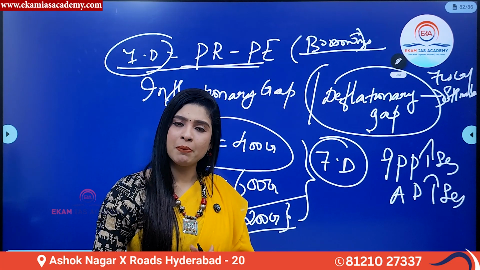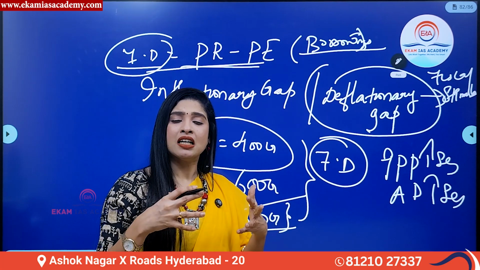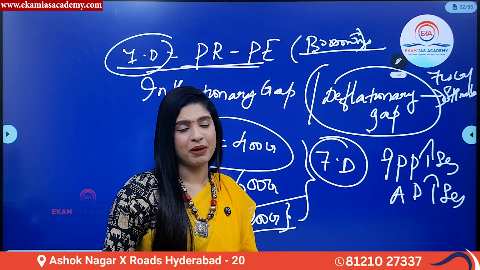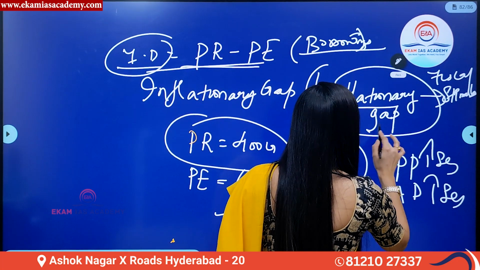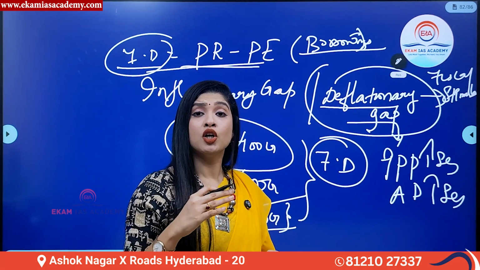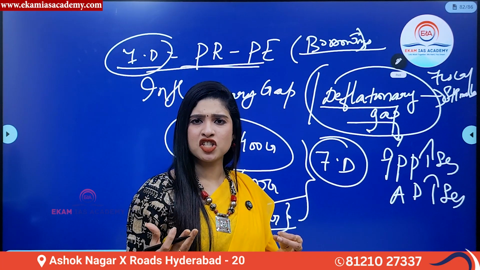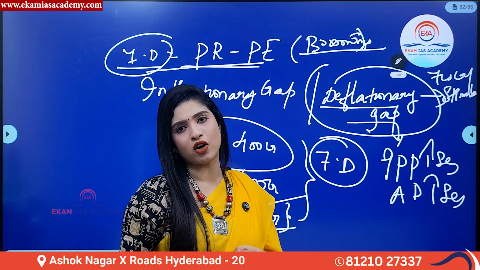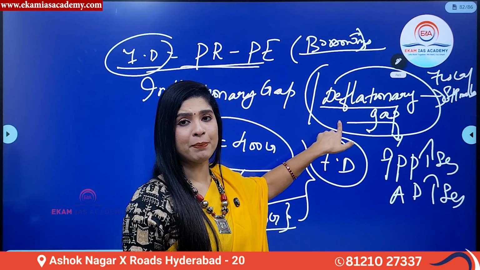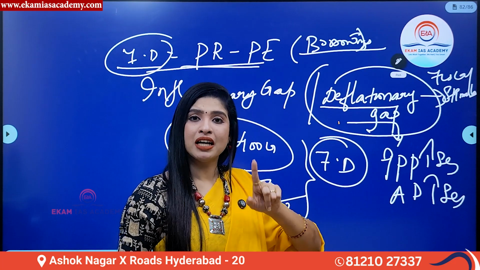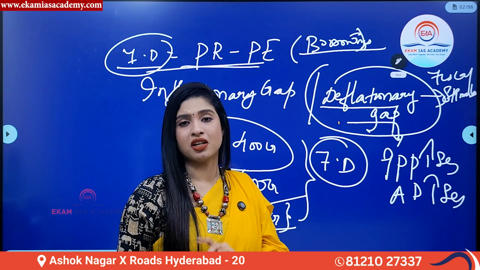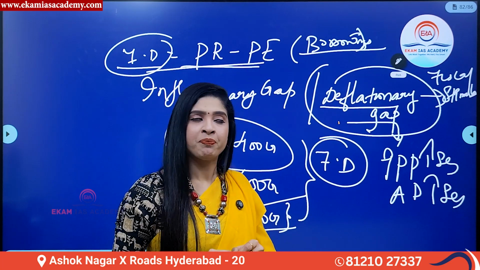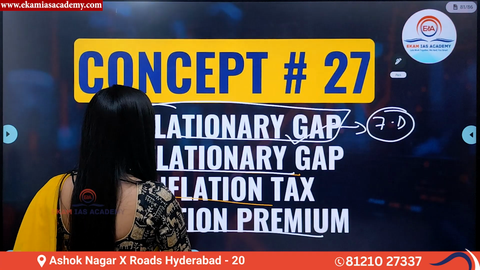In such a situation, what happens? Slowly and gradually, the economy will go into a situation where not much productive activity will take place. And this deflationary gap will, in the long run, pose a threat to the growth of the economy, because such a situation with less expenditure by the government will not do any good for the economy. This is called deflationary gap in simple terms. So inflationary gap is associated with fiscal deficit situation, whereas deflationary gap is associated with fiscal surplus situation.